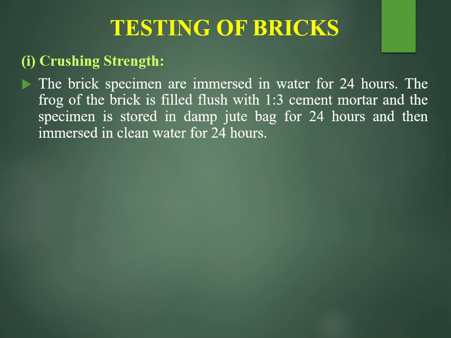So what is cement mortar? It is cement paste plus sand. Just take dry cement, water and sand, and mix them up, and you get mortar. The ratio of cement to sand will be 1:3, where one part is cement and three parts is sand. Fill the frog portion with the cement mortar such that it is completely filled up and level with the remaining portion of the brick. Means the complete brick surface is now horizontal.